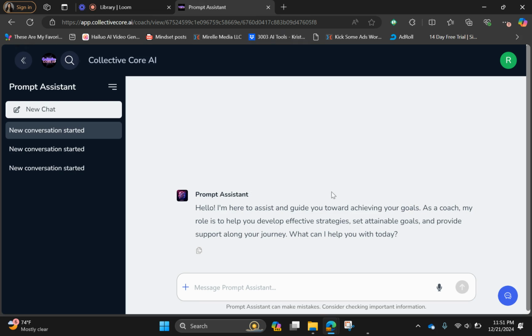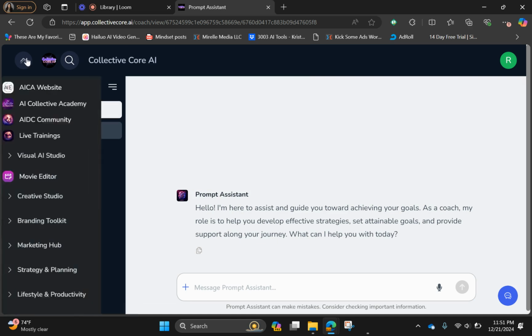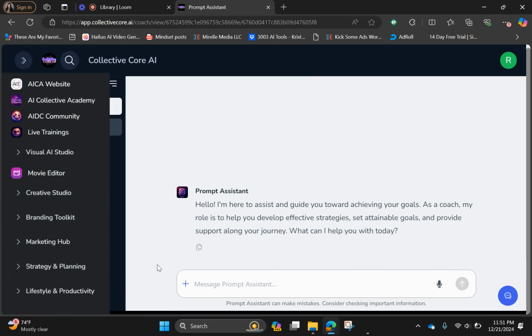So yeah, for images that you want to generate and all of that, this is where you'll be able to do it. And you could just continue talking to it. It's like another ChatGPT as well, but it's trained on prompting. Okay. Now the next one, I think that was it for that one.